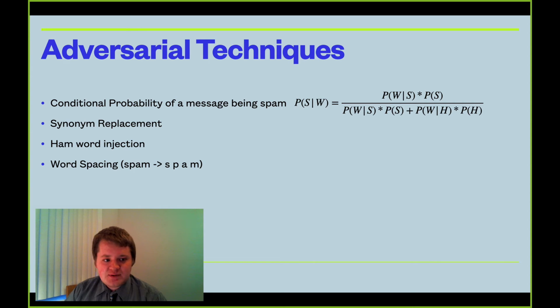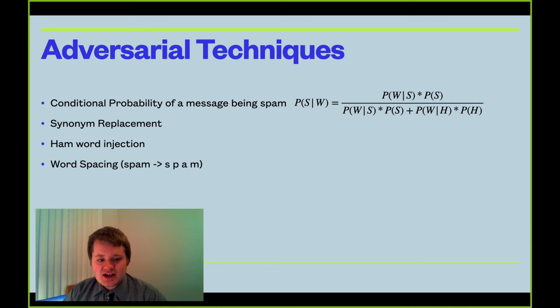The synonym replacement method takes a word from the original message, generates a subset of those words, and determines the best synonym word from the subset to replace the original word. Certain stop words such as the, and it were not selected for synonym replacement, as these words do not change the meaning of the message greatly. Synonym replacement was the preferred method, as replacing original words with their synonyms did not change the overall meaning of the message. Ham word injection worked a little bit differently.